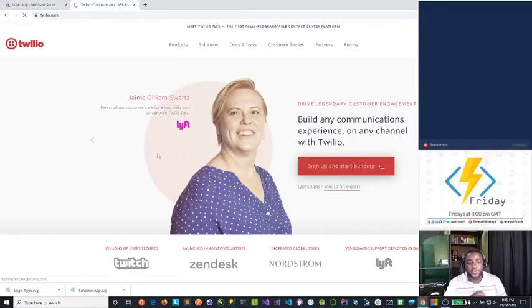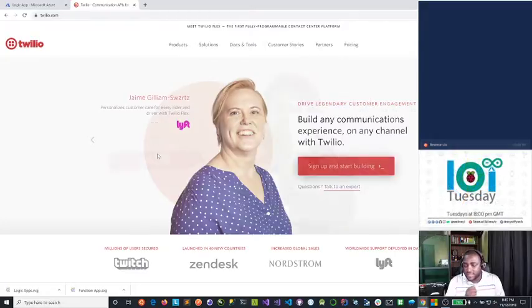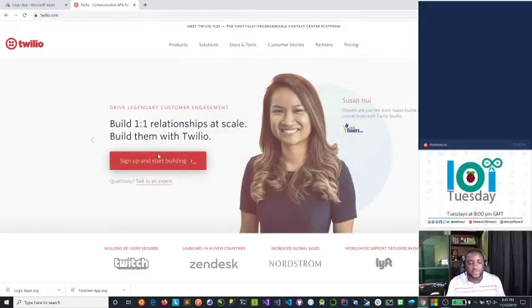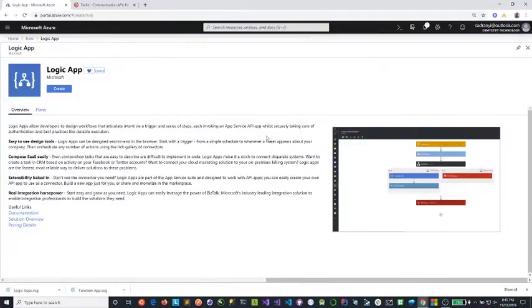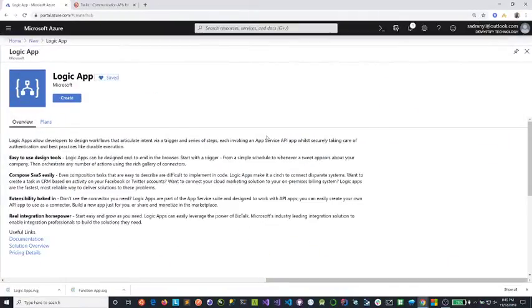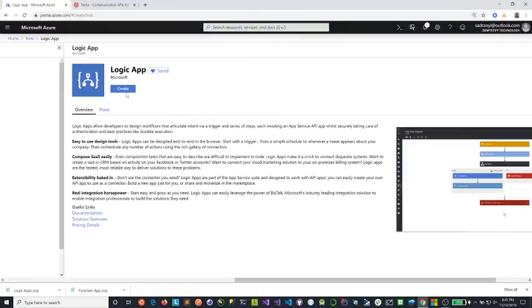But I'll show you how easy and simple it is. That's why I'm a strong advocate of functions and serverless, and functions in Azure specifically, because it actually does all the heavy lifting for you. So let's go back to logic apps. So here, let me move to full screen so you can see this. Zoom in a bit. So here, all I have to do is hit create,